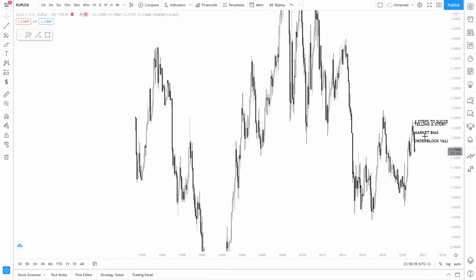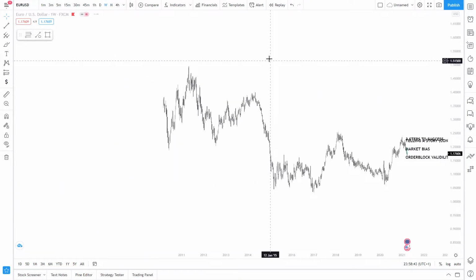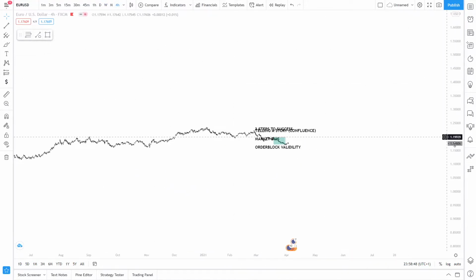First thing you're going to do is look at the overall bias of the market. As you can see, on monthly we are on a downtrend, weekly we are on a downtrend, and daily we are also on a downtrend. Next thing you want to do is